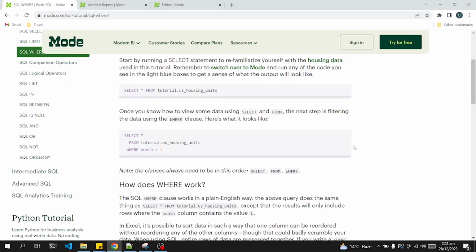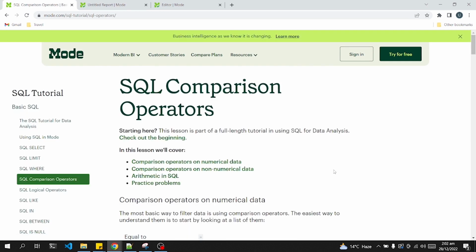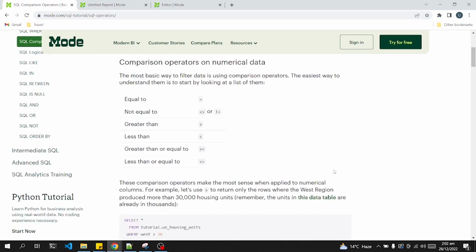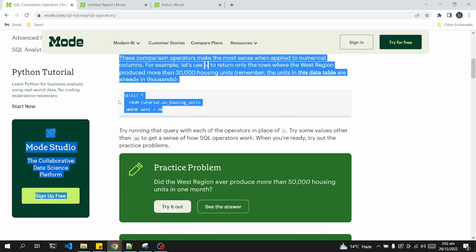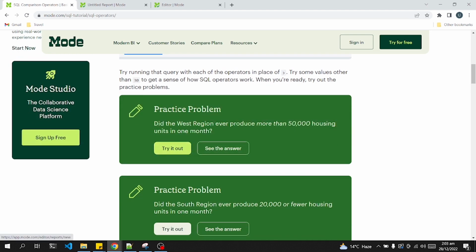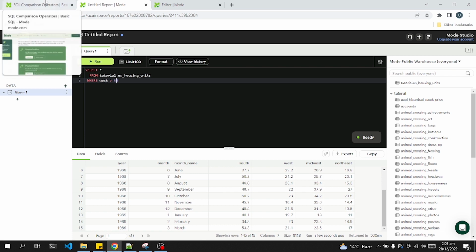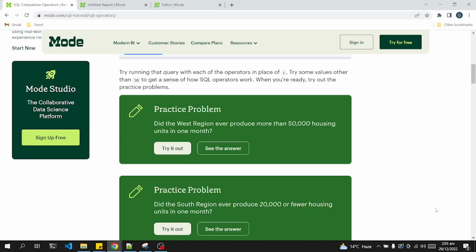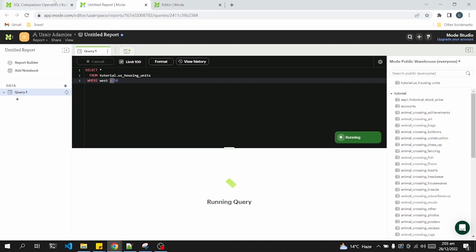And now we will be exploring where, and with where conditions we will be creating queries using comparison operators. So the first problem is, did the West region ever produce more than 50,000 housing units in 1 month? Let's try it out. Let's copy it and paste it and just replace it with 50, because 30 means 30,000, 50 means 50,000. So it's saying did the West region ever produce more than, so we will be using the greater than symbol with West. And if I run this,